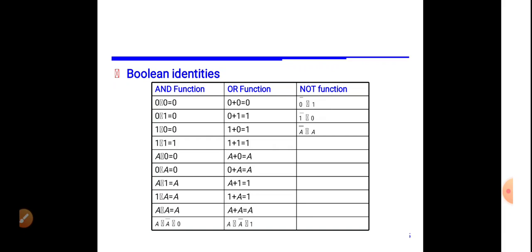So wherever you are having confusion about whether it may be a, 0, or 1, wherever you have Boolean variables, assume that variable one time as 0, one time as 1. So let us see a OR with 1. If a is 0, 0 OR with 1 is 1. Even if a is 1, 1 OR with 1 is 1. So irrespective of the a value, the output is always 1. In this way we can write down the Boolean identities for the AND function, OR function, as well as the NOT function.